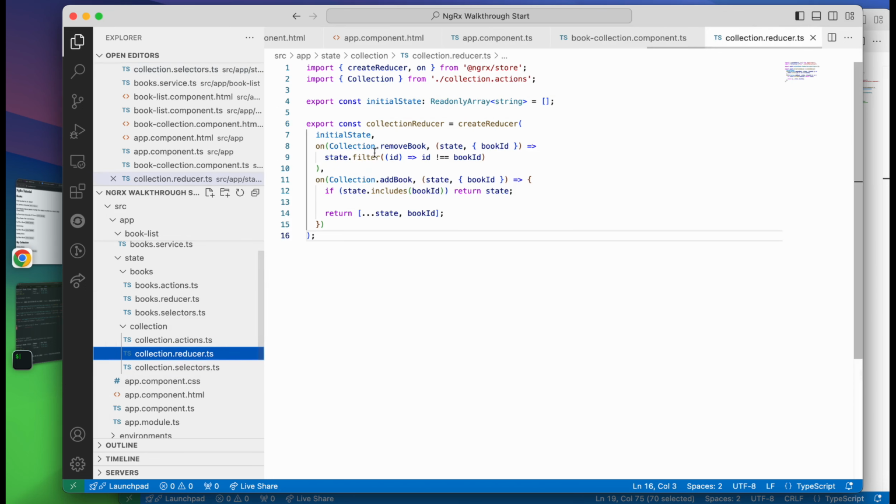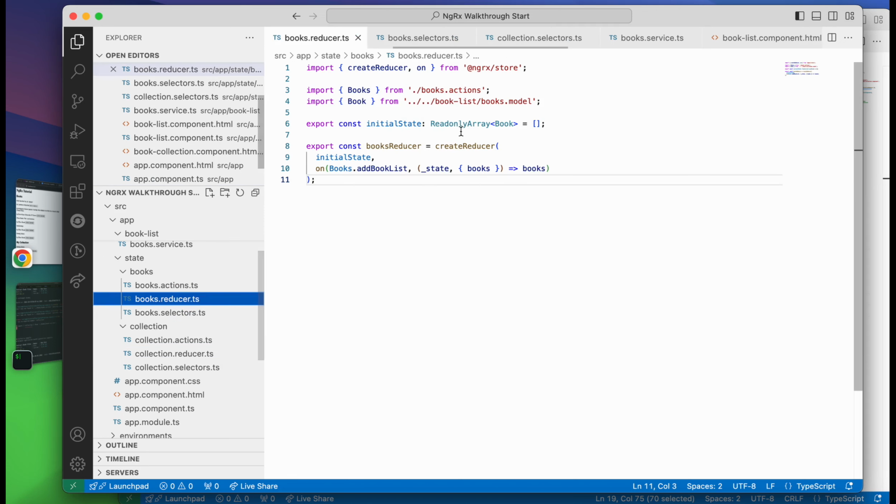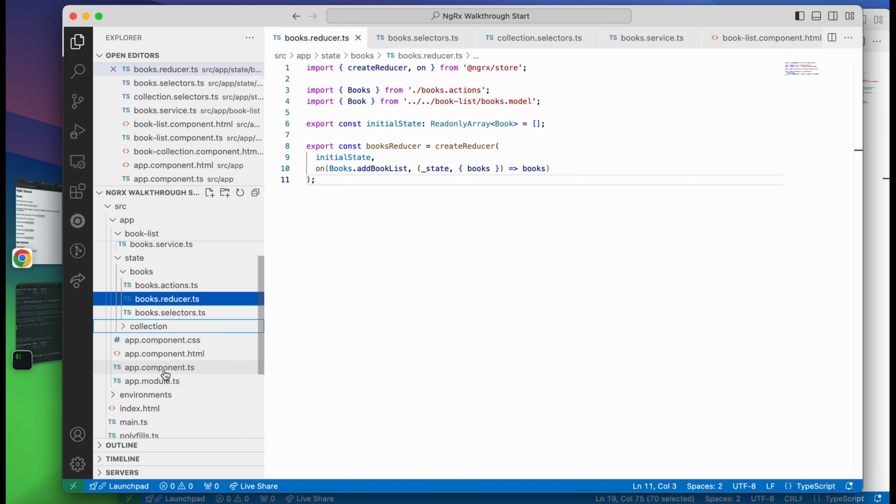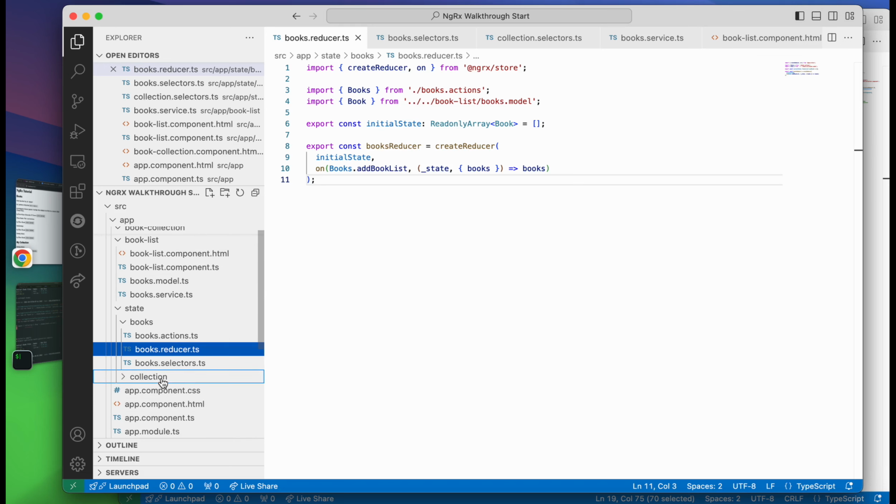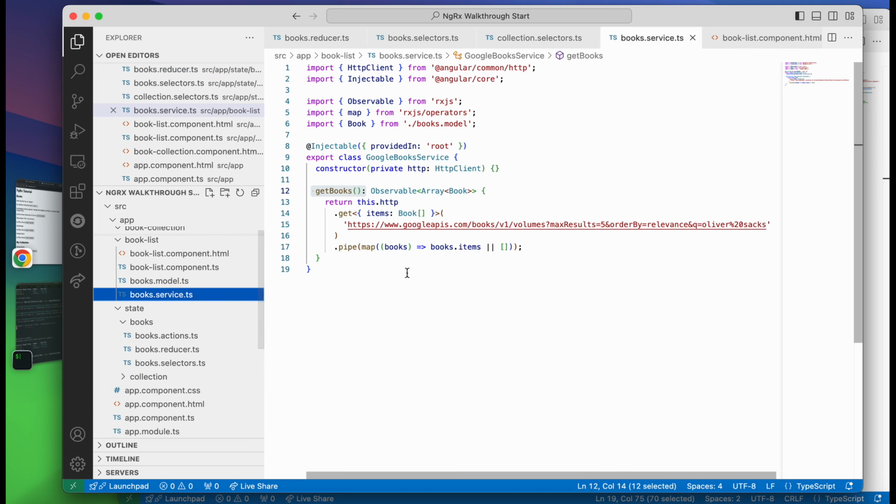All right, and you will have your reducers here, this one related to the collection and this one related to the books. So that's the way it should be, and then you might have some effects that would make some API calls. All right, for example, the use case of the service here that made the API call, since it's related to the books, you could have an effect that would be here, and